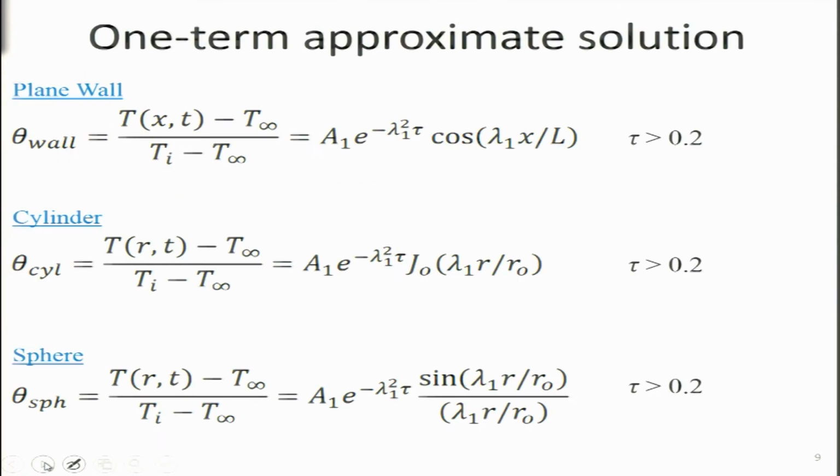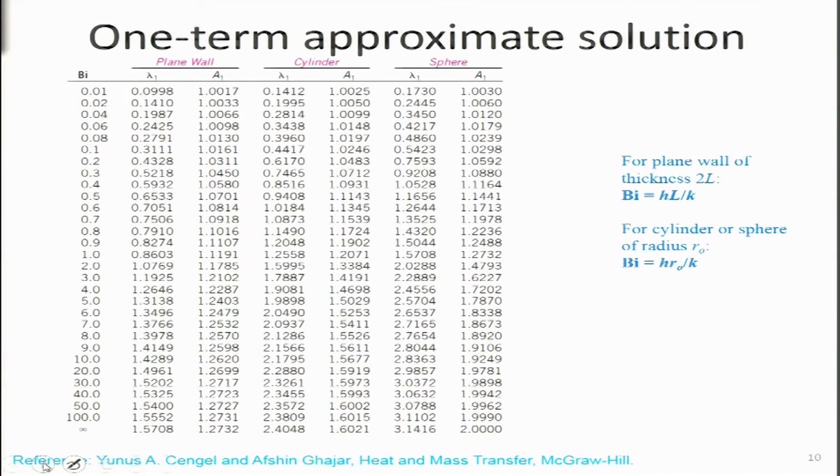And let me first show the results which we obtained by the analytical method. These results given over here, I am showing very briefly right now, because we will come back to them once we go ahead and solve it. For the three different cases, the first case is the plane wall, this equation is something that we will use, and as can be seen on the title of this slide, these are all known as the one term approximate solution. So we will try and figure out what that actually means. I just wanted to show this very quickly. Of course, later towards the middle of this lecture, we will come back to this slide. So there is no need to hurry over here.